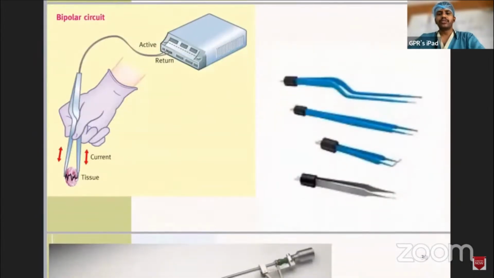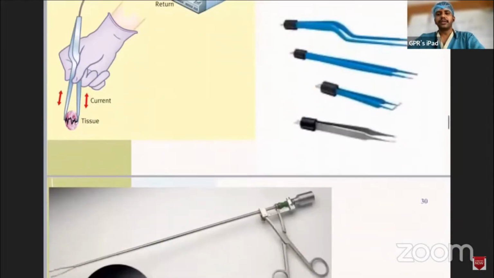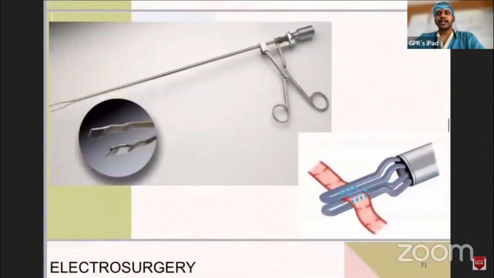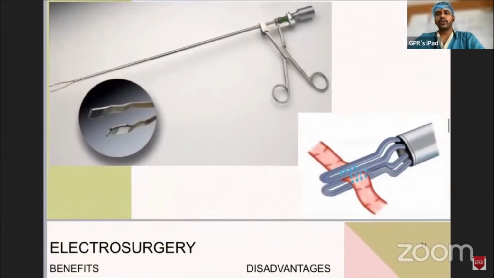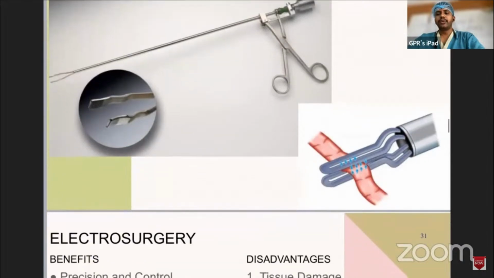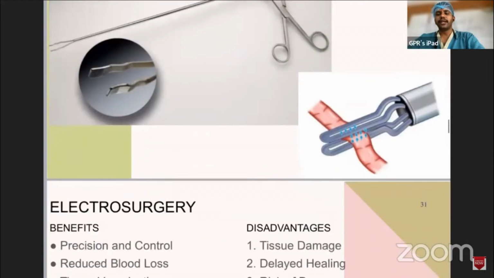So this is how the two prongs hold the tissue and the energy current flows through it, causing the coagulation. Bipolar causes more coagulation rather than cutting, and bipolar causes lesser energy dissipation. And this is the Kepler forceps that we use in the endosurgical unit, which has a spring action and can hold the tissue, and it will produce its effect in the place where it is held. There won't be any lateral dissipation.